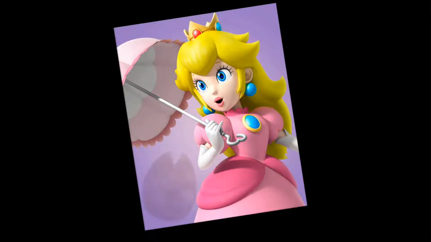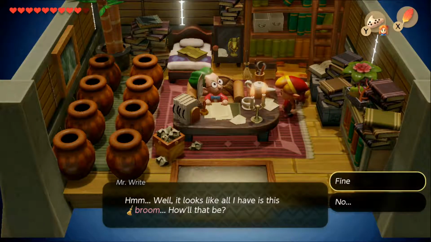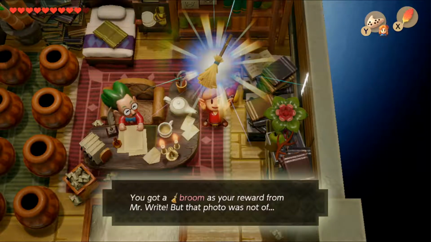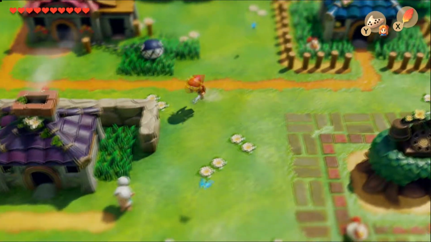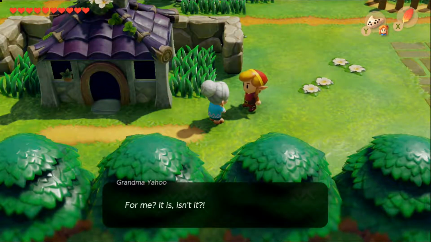But from there, he says that he's so grateful that he wants to give you a reward, but the only thing he has on him is a broom. So you pretty much tell him that that'll work, and you take the broom as our next little trade sequence item. With the broom, we head down to Mabe Village and go talk to Grandma Yahoo, who actually tells you